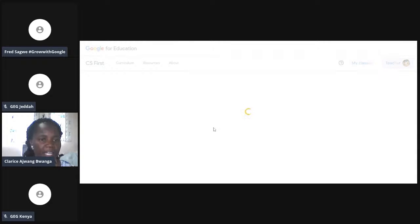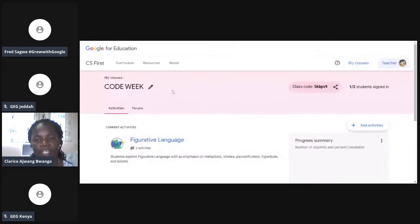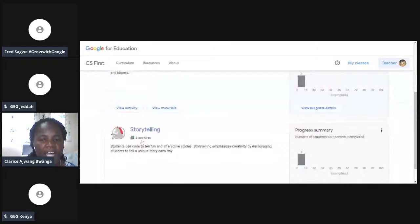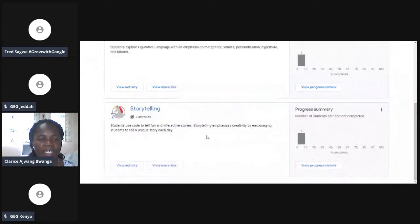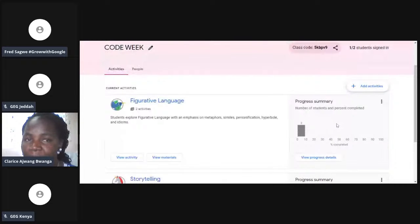So that one really shows you that in this class, I've already changed the activities here. But we have 2. You can decide to work as a storytelling. Here shows you have 8 activities. Here shows me what we are interested in. We're only going to carry the 2 activities because here is what we are supposed to be dealing with. So with my 2 students, I'm requesting, I believe we are many, please go to